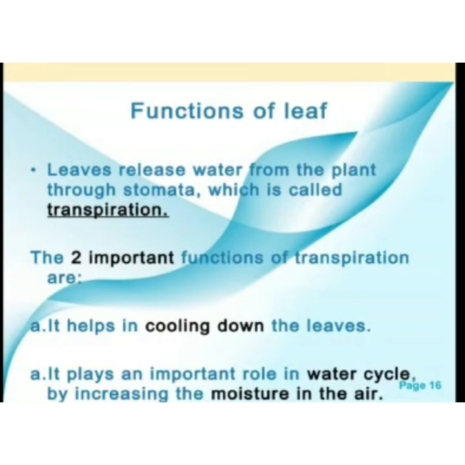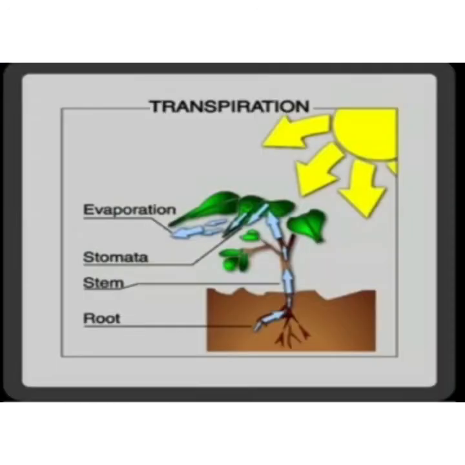By this, the leaves carry out the transpiration process. See this diagram: the sun is there in yellow, and one plant is there, with the root below the soil, the stem, and stomata present in the leaves. The stomata take CO2 from nature, and the oxygen made in photosynthesis comes out into nature. The water droplets come out in the form of transpiration, evaporate, and increase the moisture in the atmosphere.